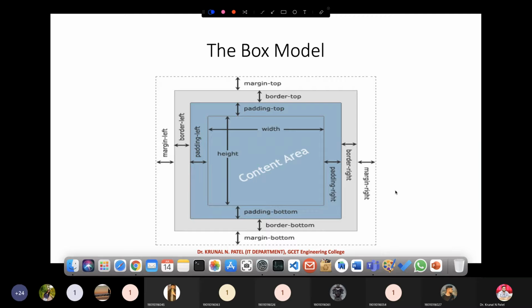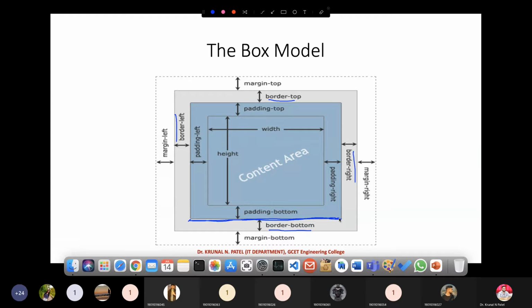Now we are going to learn the different properties related to each part. For the border, we have border top, border bottom, border left, and border right. Similarly, it is applicable to margin and padding. If I only want to deal with the bottom border, I can choose that specific property, border bottom.